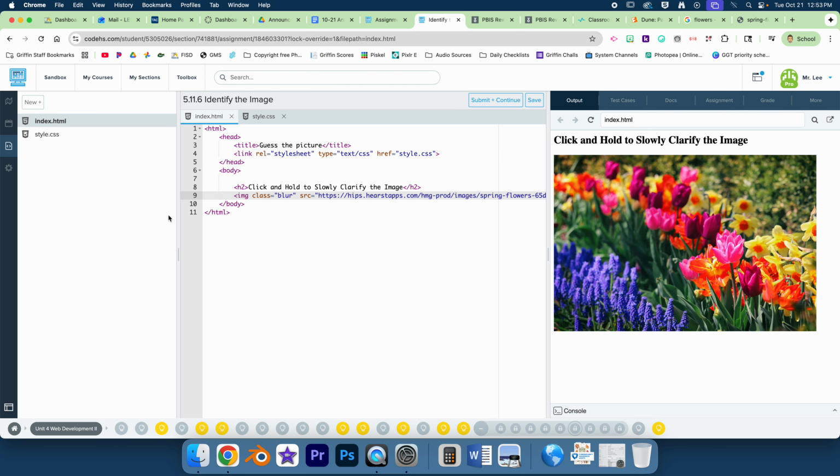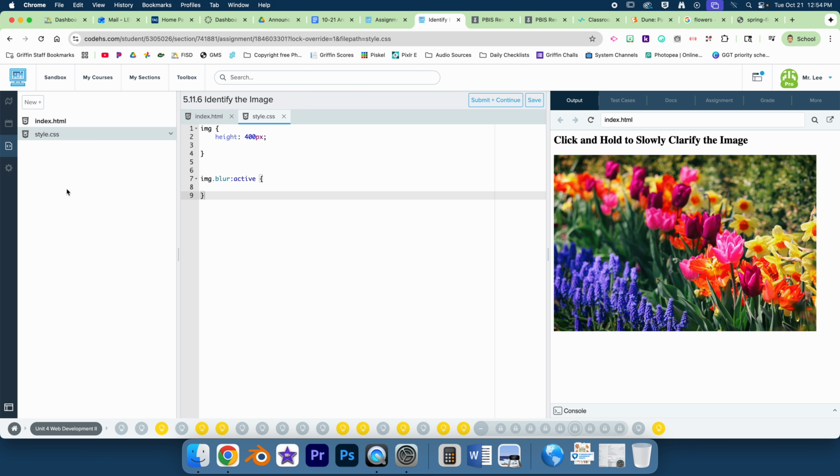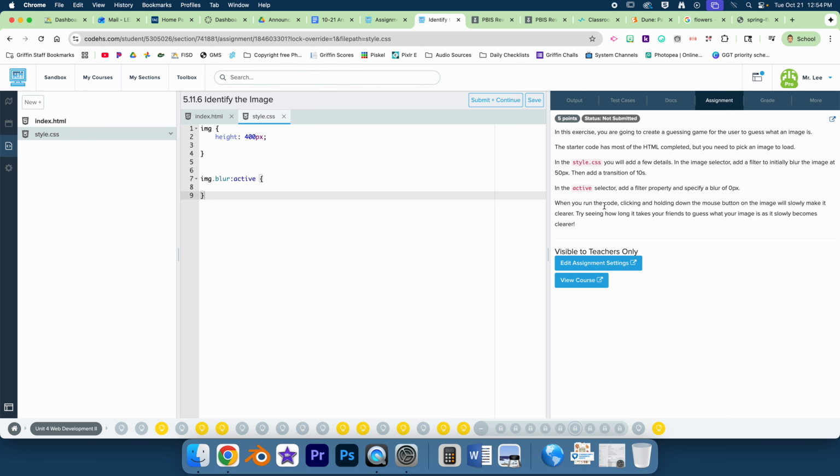But we've got to go fix our actual style. So for image, we have a height of 400 pixels. Now if we go here, it says the image selector, add a filter to initially blur the image at 50 pixels and a transition of 10 seconds. So in the image itself is where we're going to do that. So height 400 pixels, that's already there. So we're just going to go down and we're going to add a transition,